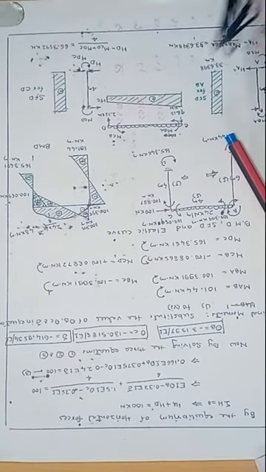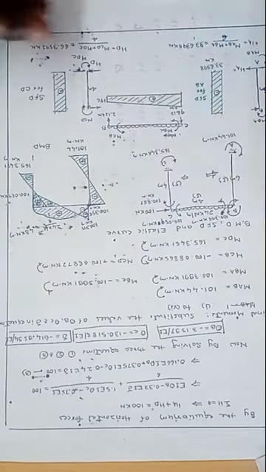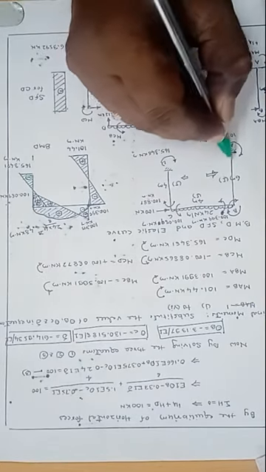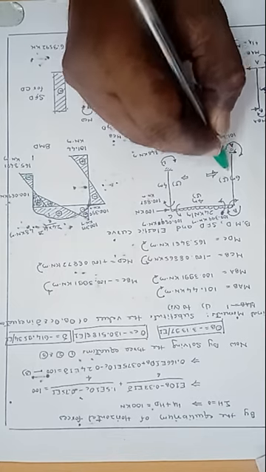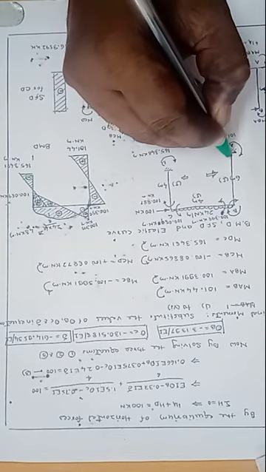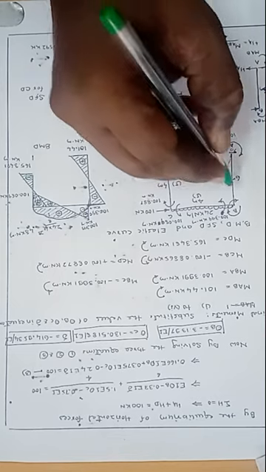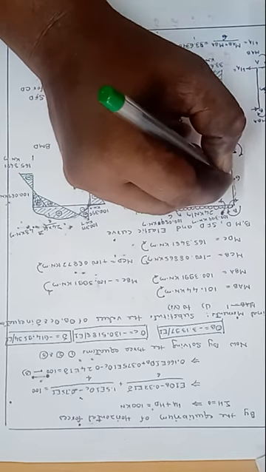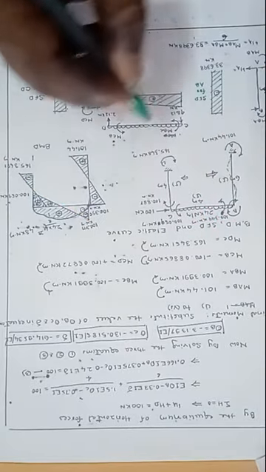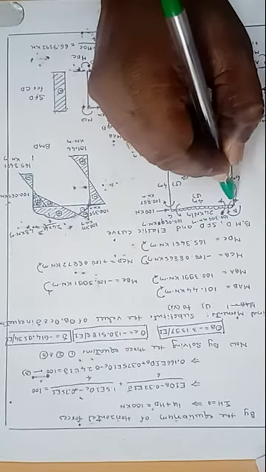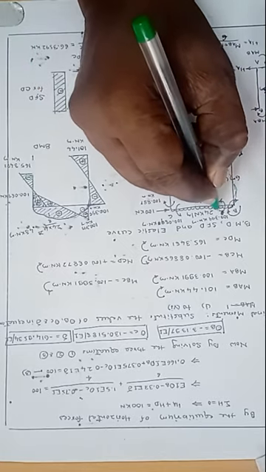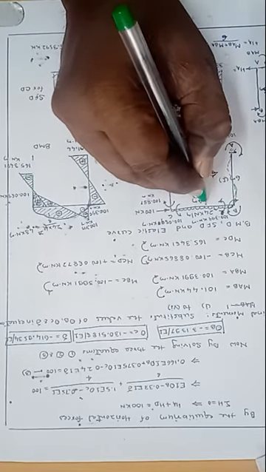Now we can draw the elastic curve for this one. I can show it on this diagram. Here this bending is hogging bending moment. The deflected shape of this one is like this, and then here the deflected shape is like this. Then this one is hogging, this one is hogging, and the deflected shape is like this. Here this one is sagging.